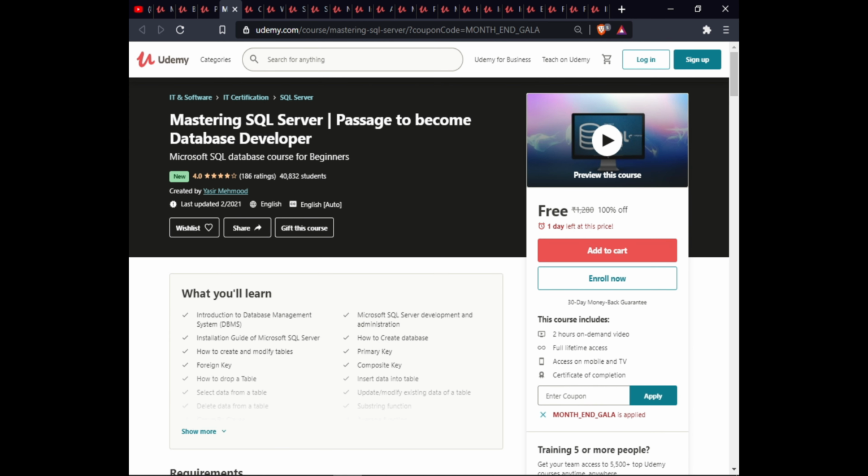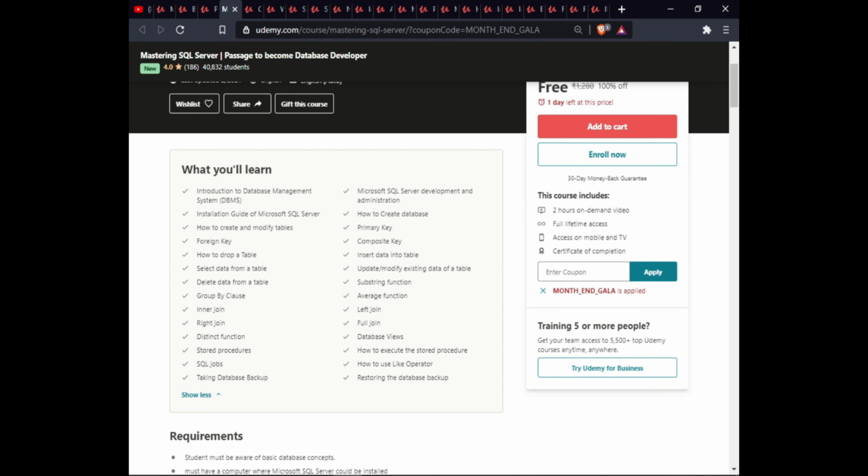The next course is Mastering SQL Server Basics to Become a Database Developer. In this course, you will learn Introduction to DBMS, Microsoft SQL Server development and administration, an introductory guide to Microsoft SQL Server, how to create a database, how to create and modify a table, primary key, foreign key, composite key, how to drop a table, insert data into a table, select data from a table, update and modify existing data of a table, delete data from a table, substring function, group by clause, average function, inner join, left join, right join, full join, distinct function,